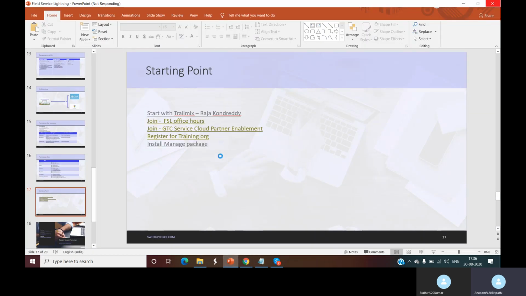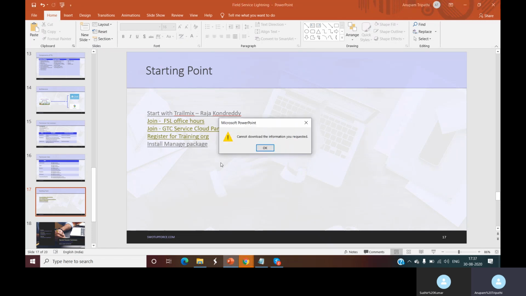Once this link opens, it gives you two links for the managed package, one for production and one for sandbox.